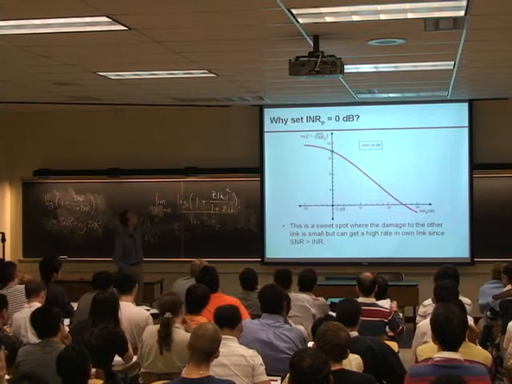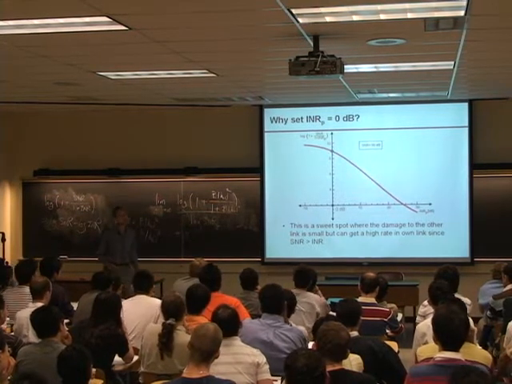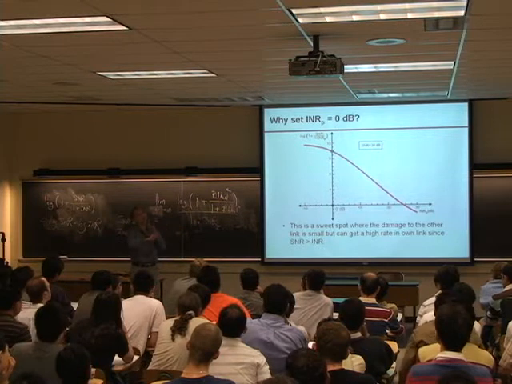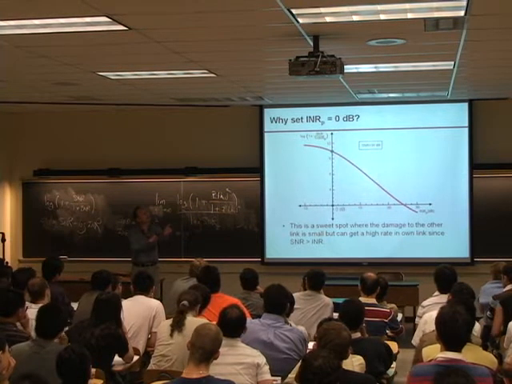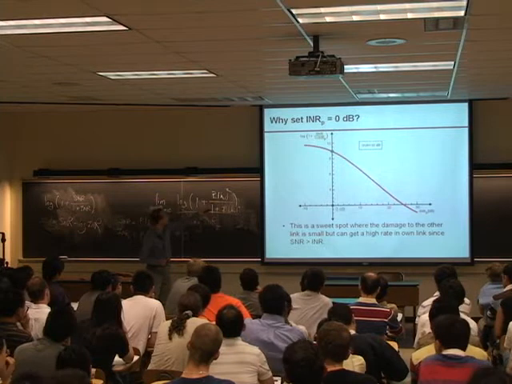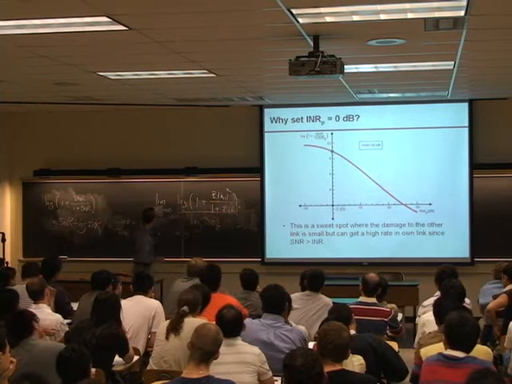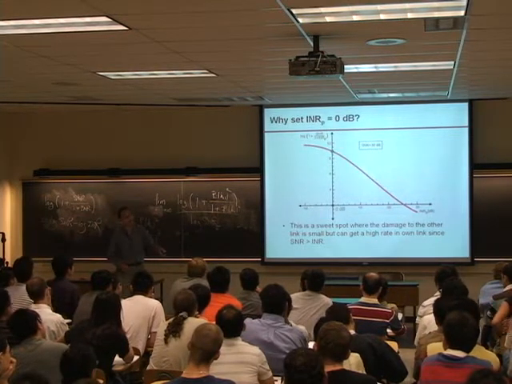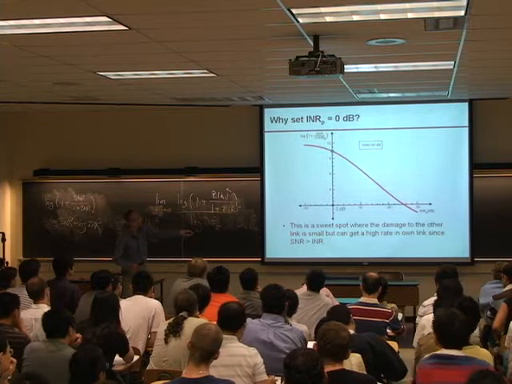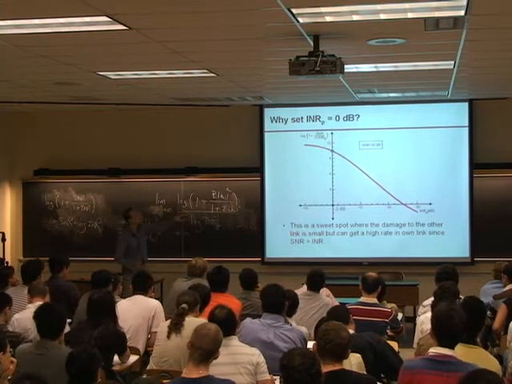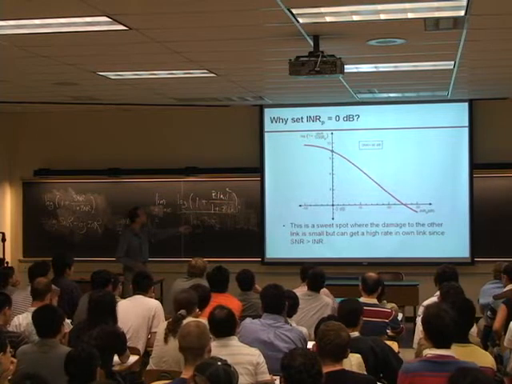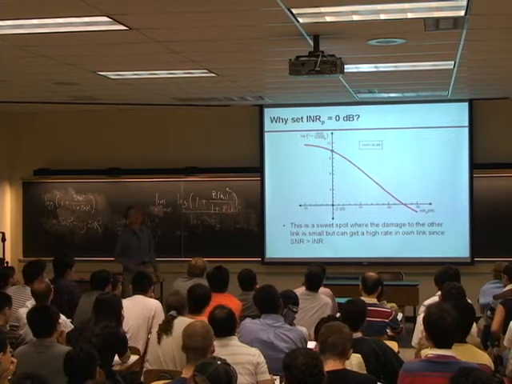If you look at the performance of the receiver, he's trying to decode his own message at a given signal-to-noise ratio, but there's uncancelable interference due to the private signal from the other guy. Roughly speaking, to a first order, the performance he's getting is of the form log of 1 plus SNR divided by the INR, not due to the whole interference, but due to the interference caused by the private power. Let's plot this performance as a function of the INR. You'll see there are roughly two regimes here. First, when the interference-to-noise ratio is much less than 0 dB,